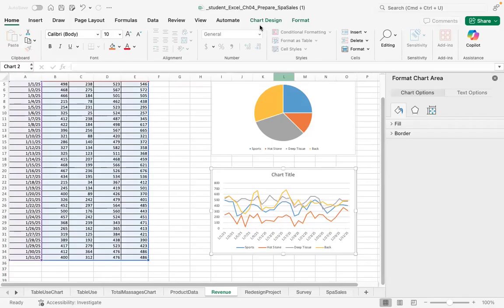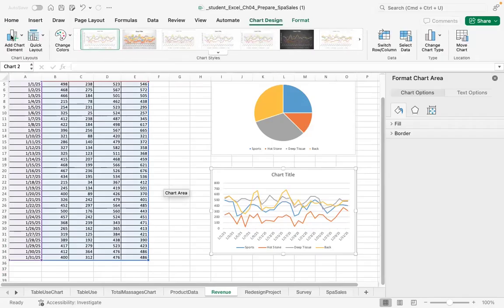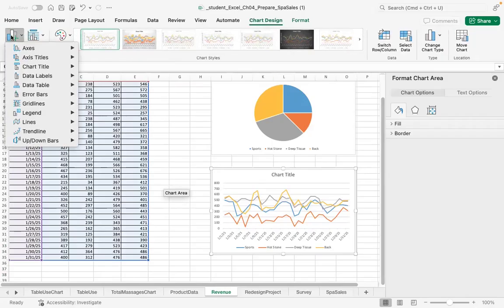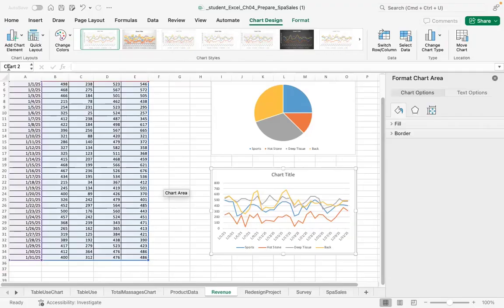I could go to Chart Design, as I mentioned before. We could add, in this particular case, a chart title. You can see I have the option right there to go to Chart Title. Or alternatively, where you can see that I have Chart 2, if I click this down box,